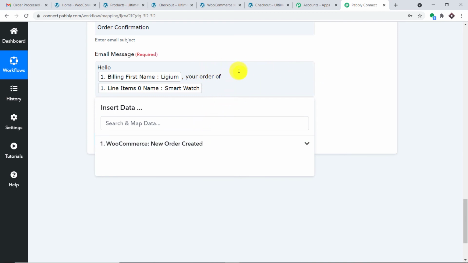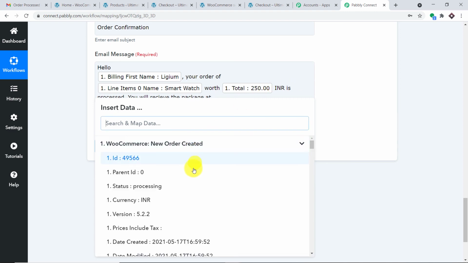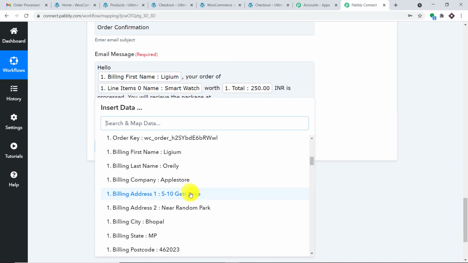Hello Lyjum, your order of smartwatch worth. And let me just add the payment, the cash. Okay, so it's 250 INR is processed. You will receive the package at, and let me just add the full address.